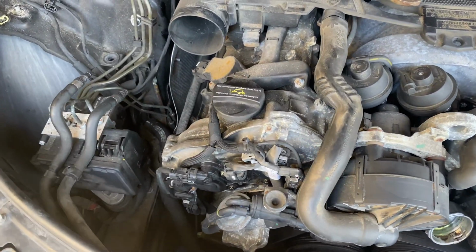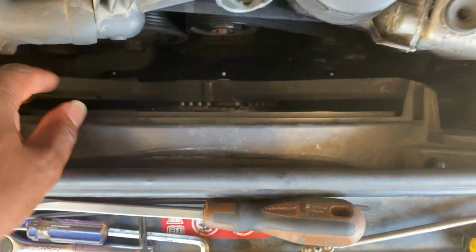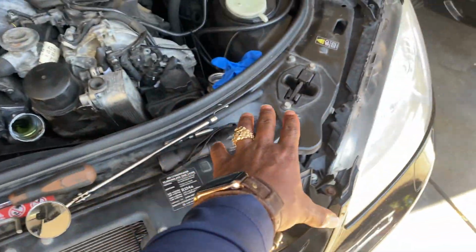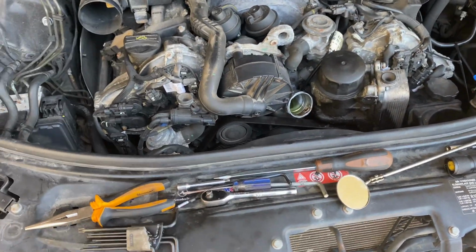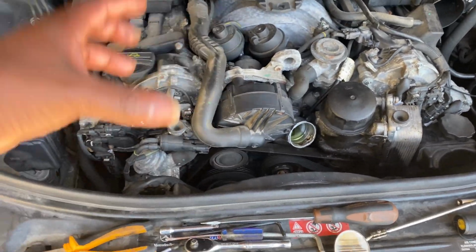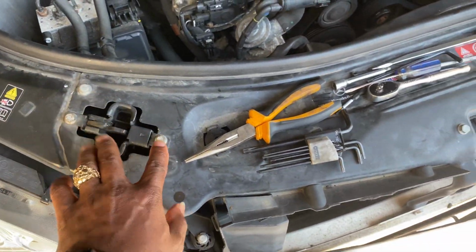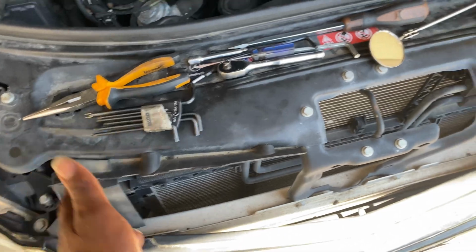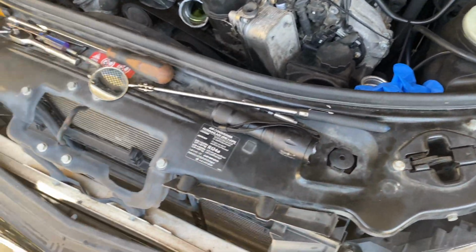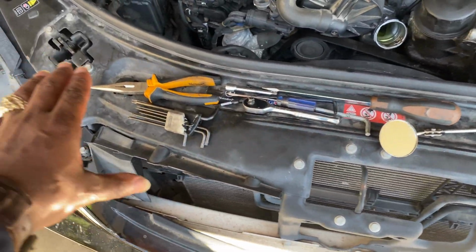The biggest thing I need to come to terms with is, do I need to replace my radiator? If so, I've got to remove this fan. I probably have to remove this piece right here so that I can pull it all up, or else I don't know if I have enough space to back it towards the engine and pull it up. I probably have to remove this right here, which requires this and this and this, and anything that's holding this front radiator cover. I don't know what you would call this plate right here, but